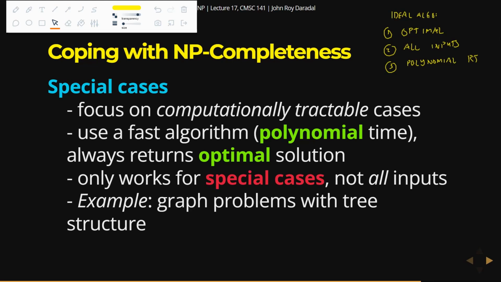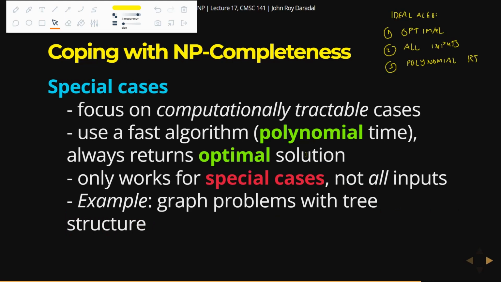If it's acyclic, it doesn't have cycles, so it's a tree. So some algorithm could run in polynomial time for it. But if you apply it to graphs in general, it will not work because it's specialized for trees. Okay, so that is the second way to cope with NP completeness, which is to focus